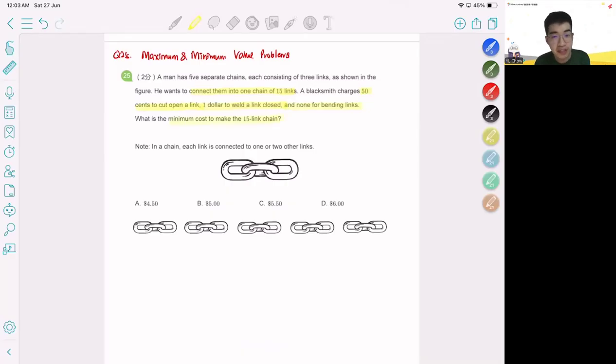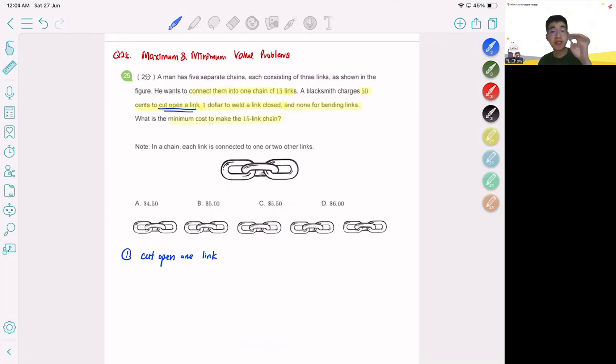Okay, so over here, the question may not be that clear. Perhaps it's due to a translation error or whatever. But actually, let me just show you two scenarios, and how to solve the question in each scenario. And it all lies in the definition of cut open one link. Actually, there are two ways to understand this. Number one way, cut open one link